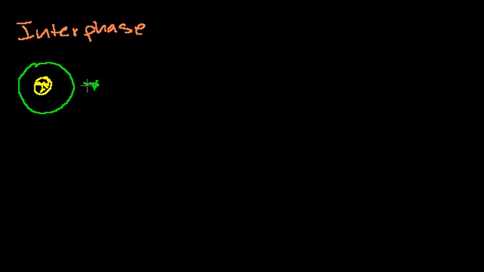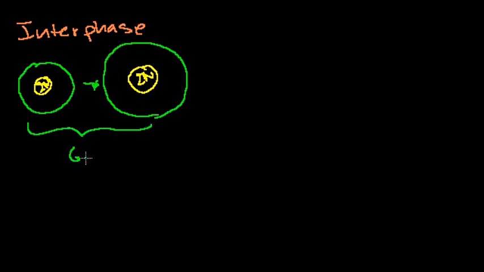It brings in nutrients from the outside and builds proteins and does whatever, and so it grows a bit. It's obviously got its full chromosomal complement still. At some point during this life cycle, I'll label these. This might not even be covered in some biology classes, but they give it a label. They call it G1, which is really just when the cell is growing, accumulating materials and building itself out. And then it actually replicates its chromosomes. So you still have a diploid number of chromosomes.